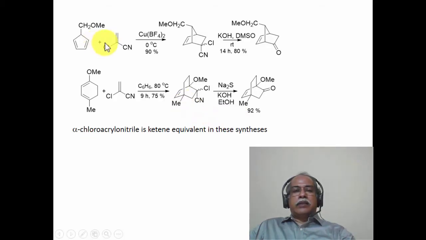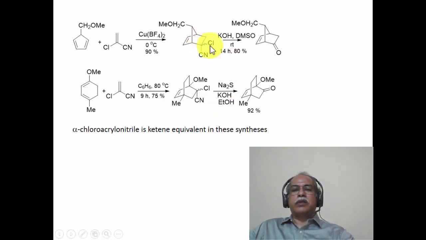These are again two examples of ketene equivalent. Alpha chloroacrylonitrile can be used as a ketene equivalent. It is a fairly strong dienophile. It reacts with cyclic dienes like cyclopentadiene and cyclohexadiene and so on, producing the corresponding Diels Alder adducts which are shown here. In the Diels Alder adduct, when it is treated with potassium hydroxide in DMSO or using sodium sulfide and potassium, essentially under basic condition,